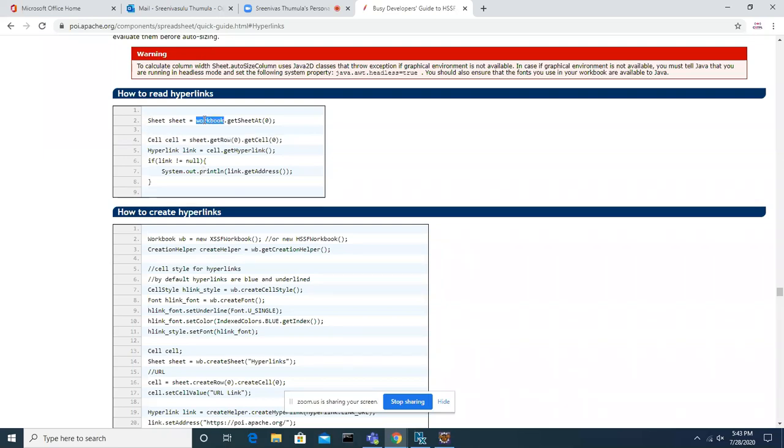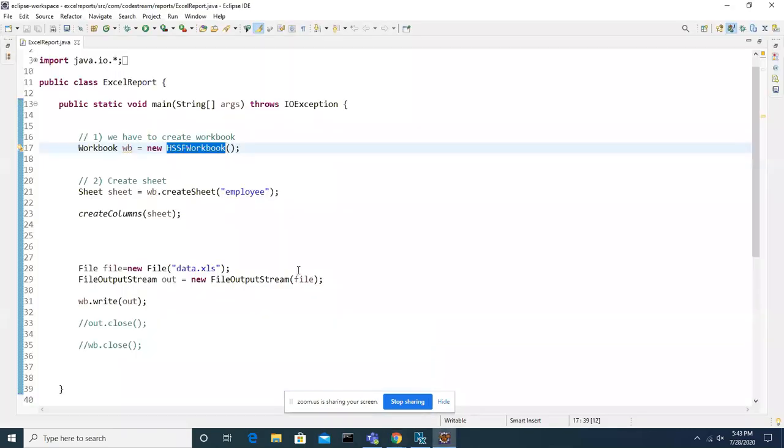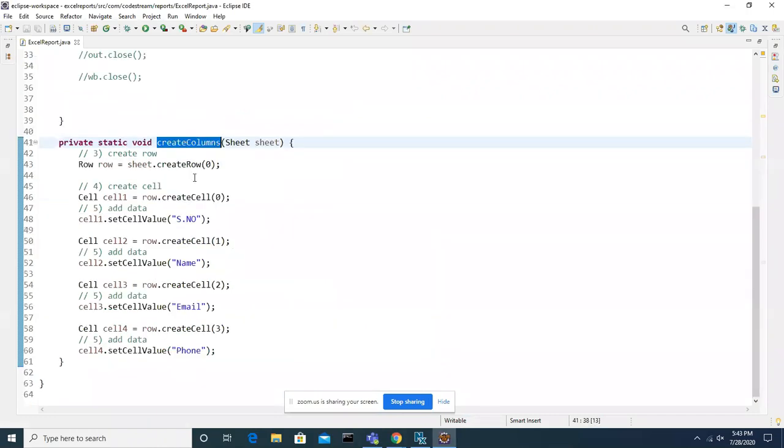The only thing is object method calling. Zero means it's the first sheet. One, if you want to create multiple sheets, how to create here? If you observe, creating a cell, creating columns, they just create a row. Zero row. What is the meaning of zero? It's the first row. And like this, you can create n number of rows and cells.